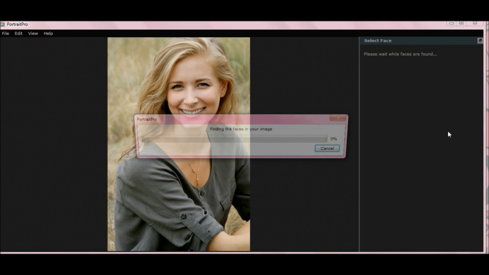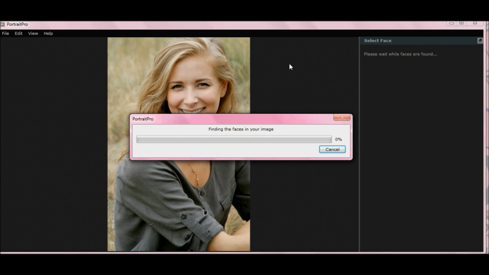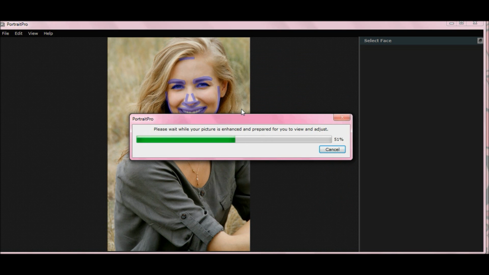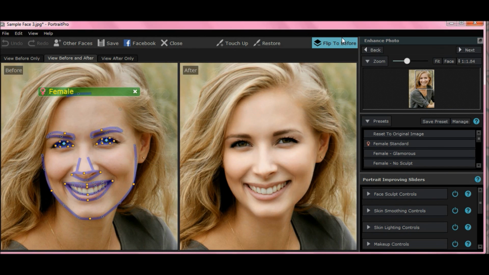Okay, takes a minute to load. Well, takes quite a while to load. Let's hit female, because it's a female. And this is just a hair edit. I'm not going to do anything with the other settings, so we're going to put it on